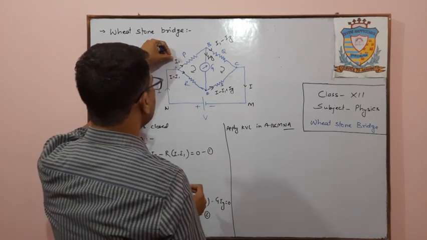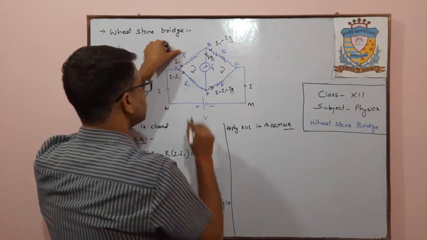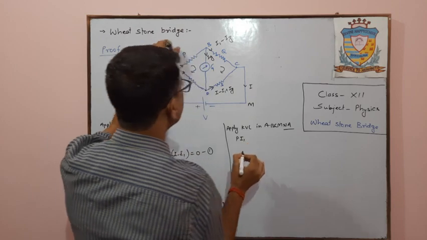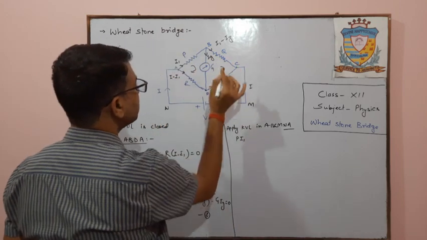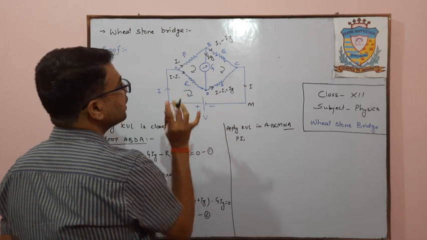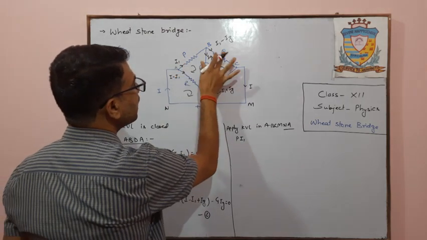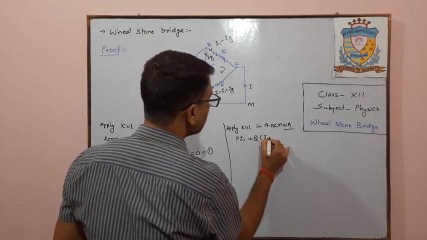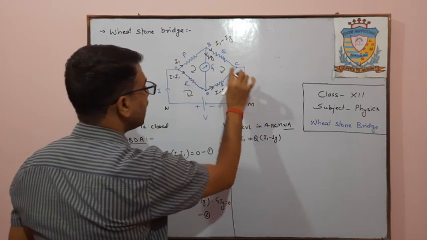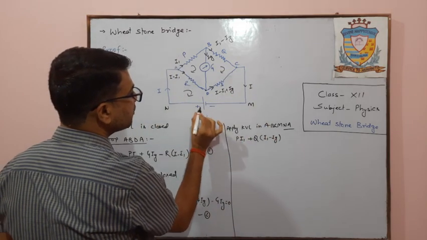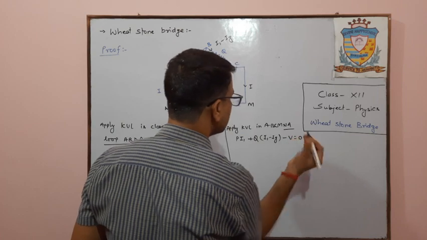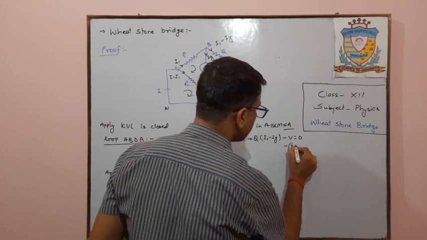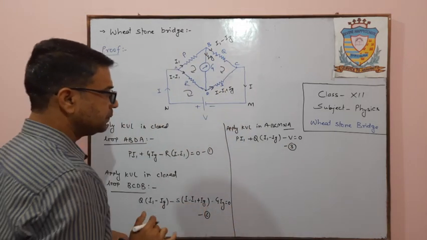Okay, we'll start with this one. So current is I1 and resistance is P and direction is same. That means P I1. Here the direction is again for the outer loop, again we will take the clockwise direction. So P I1, here it is Q and with positive sign, Q(I1 minus Ig), and here we are moving from negative to positive, that means minus V is equals to 0. Clear? This is our equation number 3.